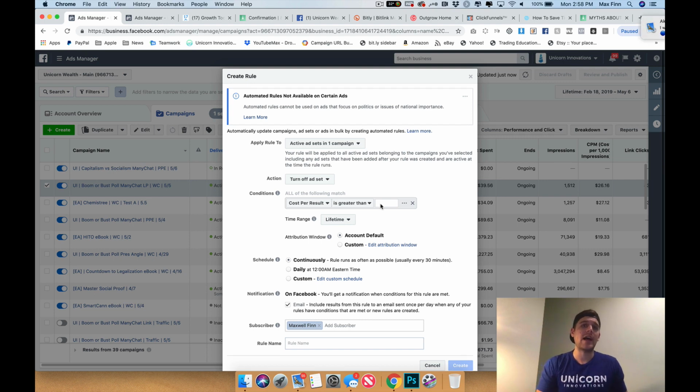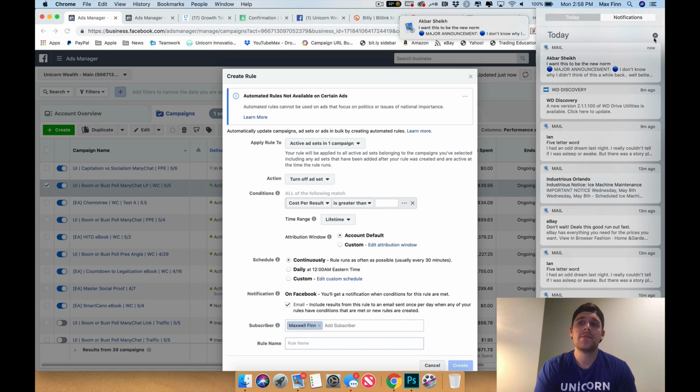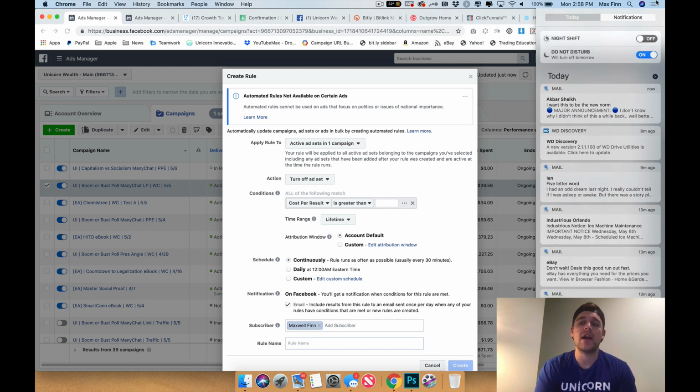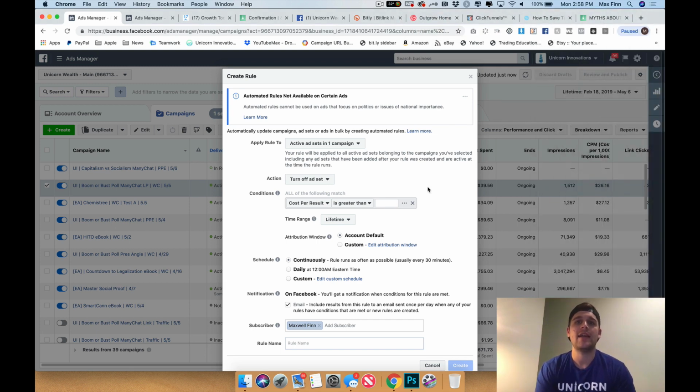What can also happen is a lot of spend can occur early on in a day. I've seen that happen with CBO quite a few times, where you might wake up 9, 10 in the morning, you've already spent 50, 60% of your budget. That doesn't have to be a bad thing if all the spend is going towards winning ad sets and you're making money. But if between 12 a.m. and 6 a.m. you got 35, 40% of your spend to an ad set that just was burning cash, that's a problem, and you weren't up to turn anything off. So this is where the stop loss comes in.